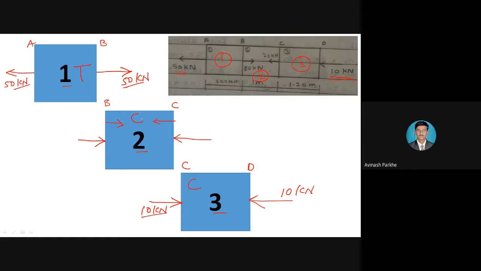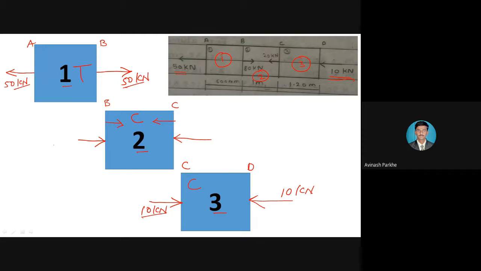But first of all, we have to calculate the magnitude. Now, section 1 and section 3 will get their magnitude as well as their direction in the form of their nature, that is tension or compression. But for section number 2, we will get only its nature, that is section 2 is under compression. Okay. Now, here what we have to do, first of all, to calculate the magnitude, initially,